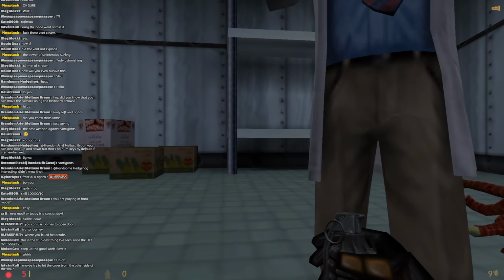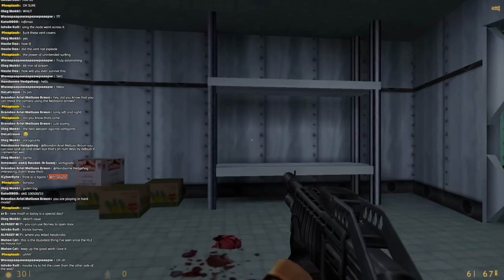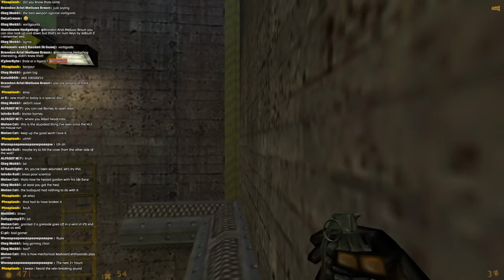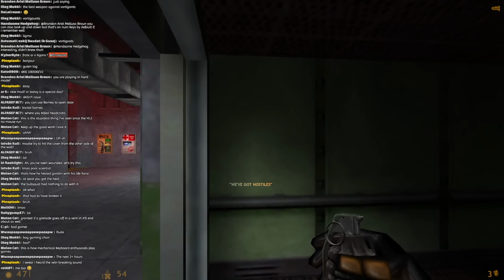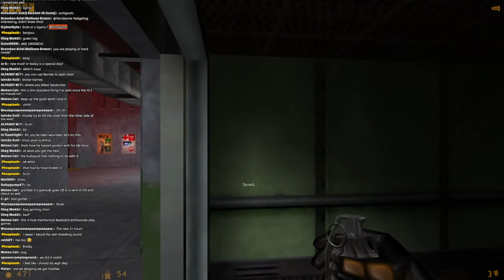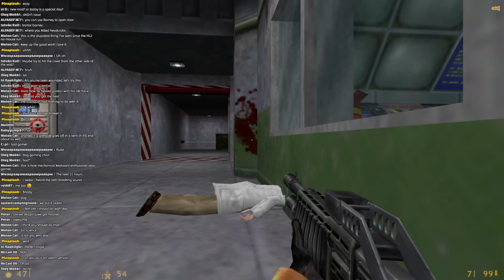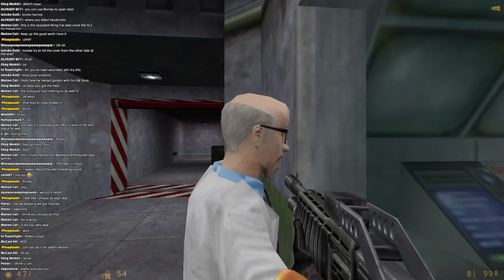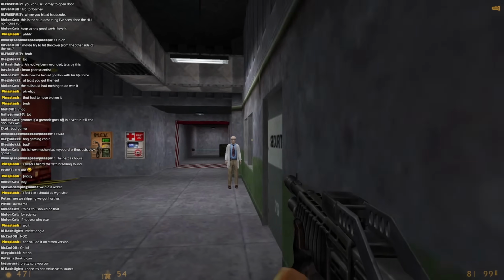Try this. Finally, we reach We've Got Hostiles. It only took 90 minutes. I'm sure most people watching this know about the We've Got Hostiles skip where you just skip the entire chapter, but I don't know how to do it, especially without mouse movement, so we just do the entire thing regularly.